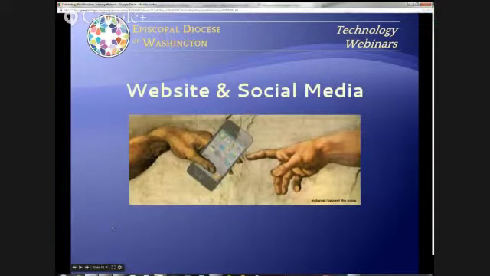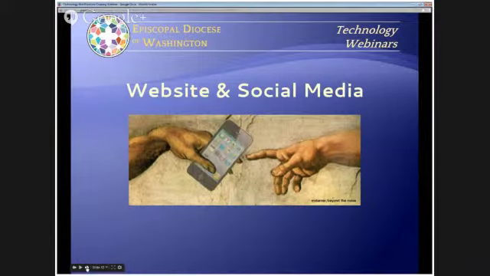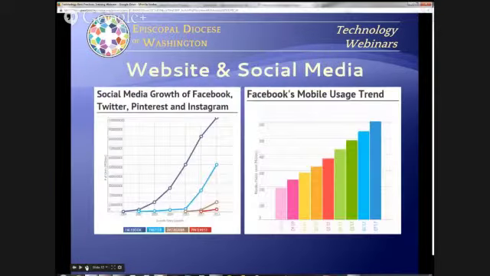Websites and social media. This can be a bit of a mysterious area for some parishes. And so we might wonder, what's the purpose of investing in websites and social media? How will it benefit our parish? Like, why follow all this stuff? What difference will it make to us? Well,